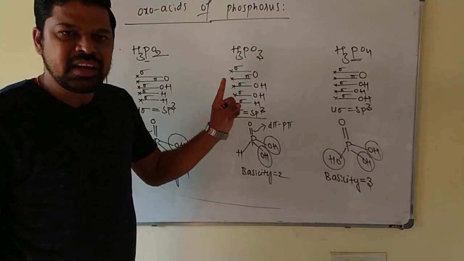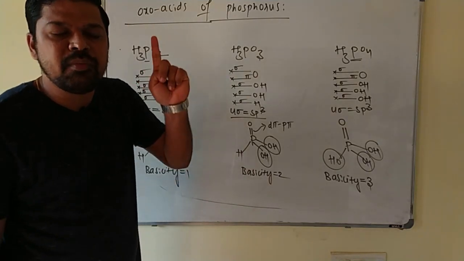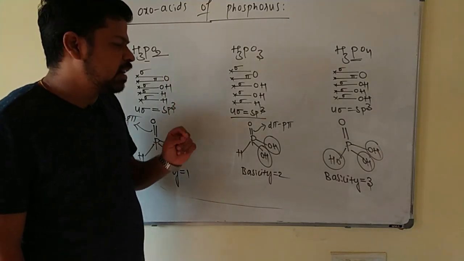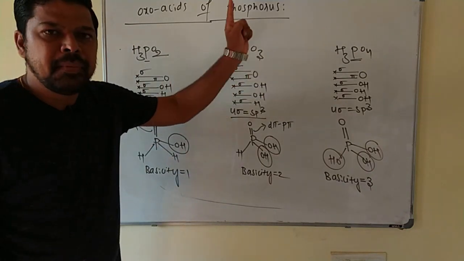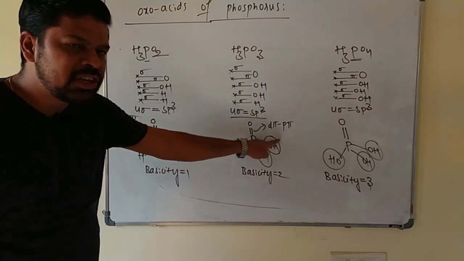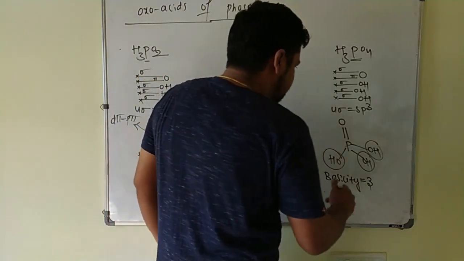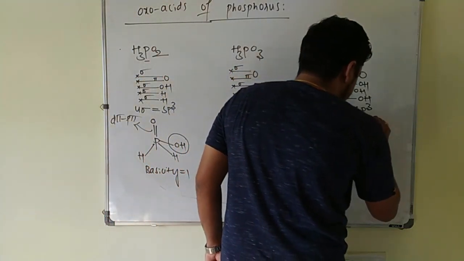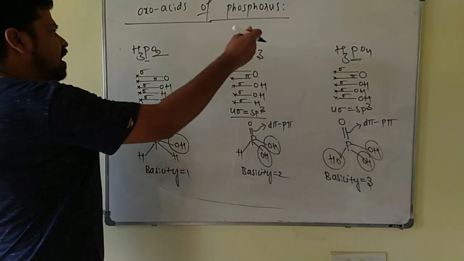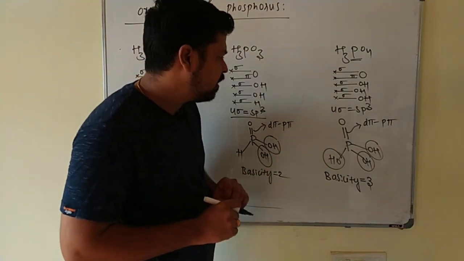In the oxoacids of phosphorus, you will get confusion in the basicity of the acid. Even for equivalent mass calculation, you will get confusion because all have 3 hydrogens, but their basicity is different. 3 hydrogens basicity is 1, 3 hydrogens basicity is 2, 3 hydrogens basicity is 3 here. Next point, it has one P=O bond. Now you can see, in this direction reducing property increases. It does not have any P-H bonds, so it does not have any reducing property.